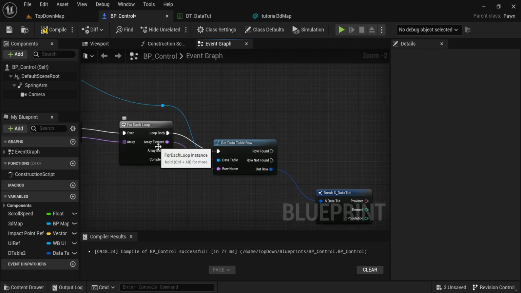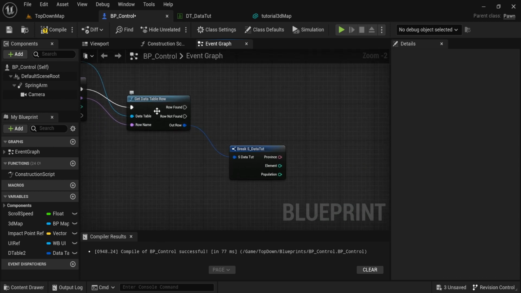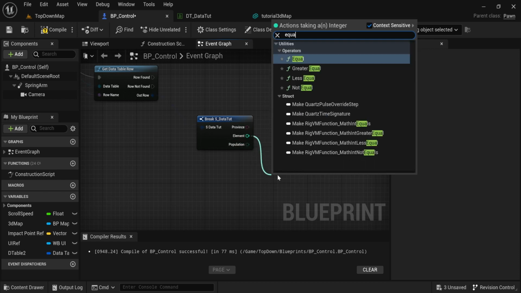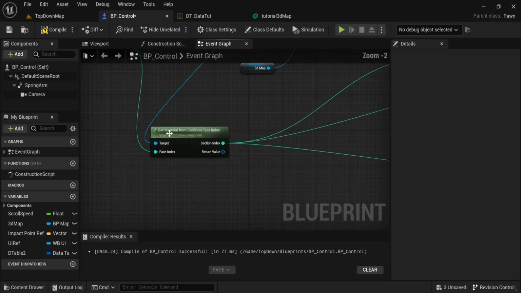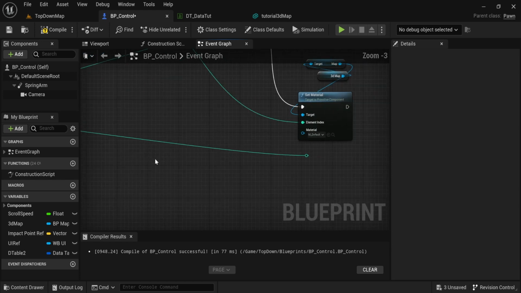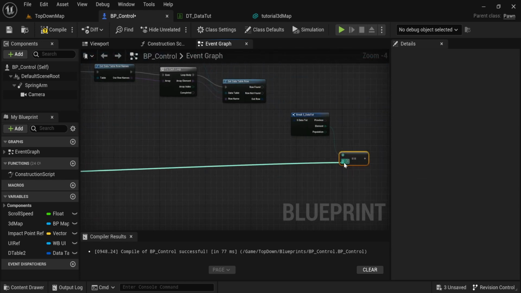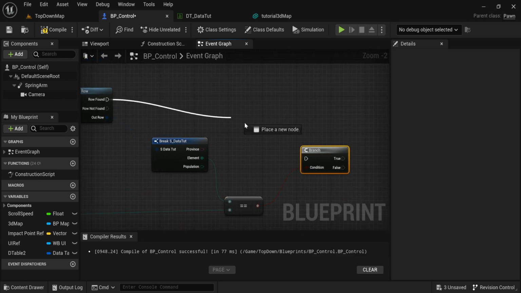Then it's going to essentially get the table rows, and then we break it. What we do is we can use the element to do equals, then we get this from the get material from collision phase index that returns an element, which is really nice, and then we can just put it in here. If these two are true, you want to do a branch, and if they are true,